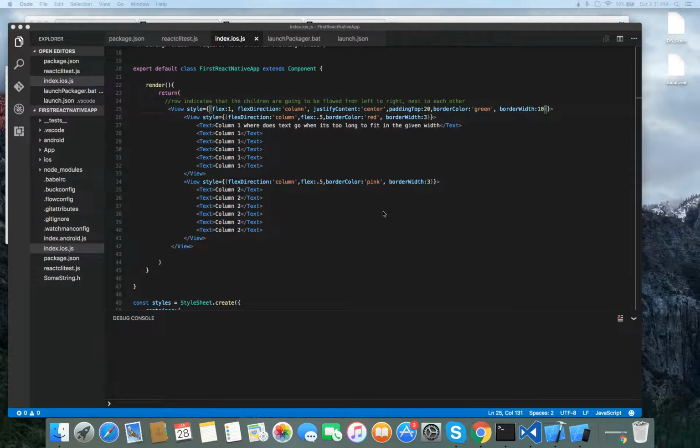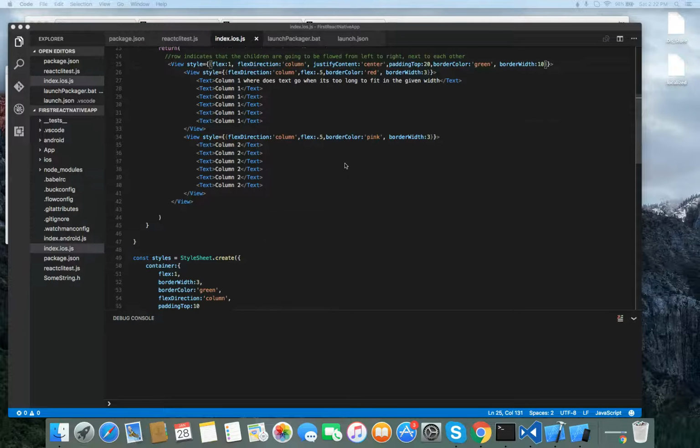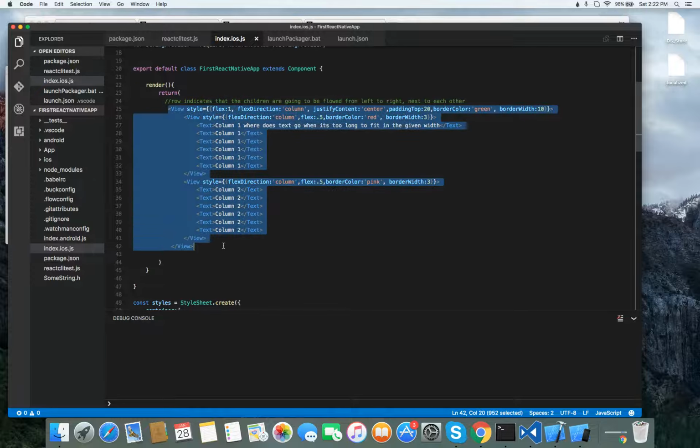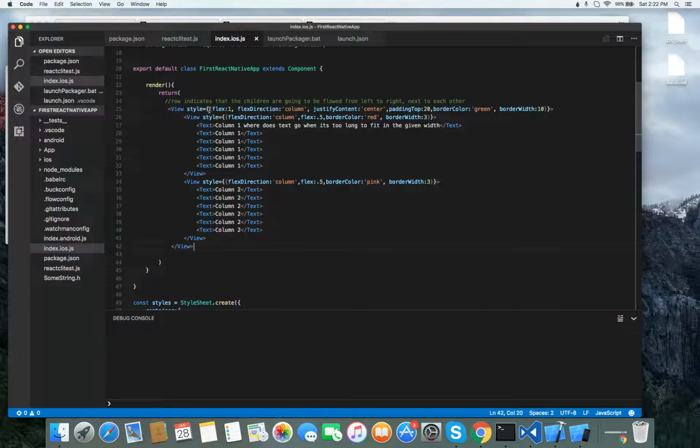Okay, let me go over the Flex model in React Native. So when you're doing views or styling in React Native, just like React, there is a top-level component needed, and that means that some of the Flex properties won't really make sense to that one. So if you're just using a plain old view, you can put the flex value, which is how much. If you just put a number, it's the percentage from 0 to 1 that it's going to take up